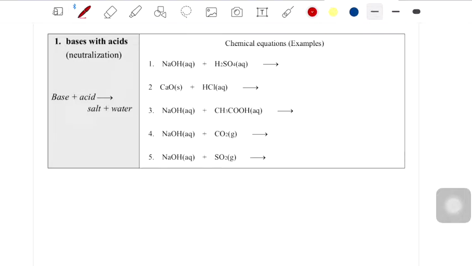When bases react with acid, it will produce salt and water, and this type of reaction is called a neutralization reaction. According to the neutralization reaction, the first three would produce these compounds. The first one would form the salt, which has the metal from the hydroxide and also the anion from the acid. So the product will be sodium sulfate